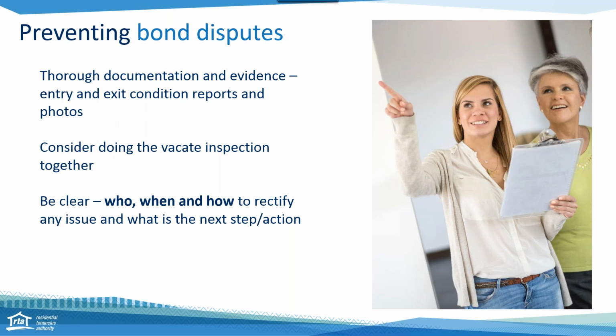Again, the Act states that the tenant returns the property in the same condition it was at the start of the tenancy, less fair wear and tear. It does not talk about having second or third opportunities to go back and rectify it. So these conversations and good communication between the tenants and the agents or the owners are really key to avoiding the situation escalating to a dispute. I cannot express enough that it's really important that you do talk to each other. Remember, a claim on the rental bond at the end of the tenancy can only occur once the tenancy has ended and a handover has occurred.